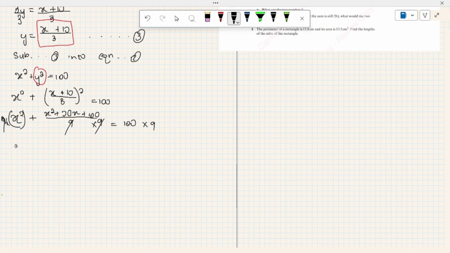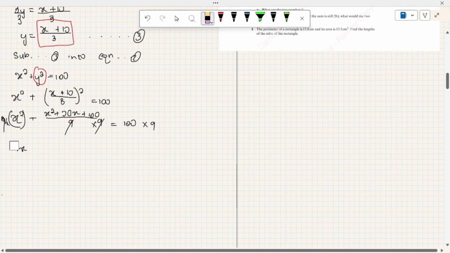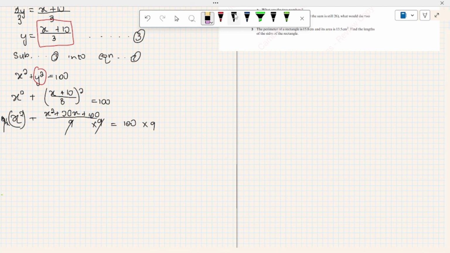So this cancels out, and this makes 9x squared plus x squared plus 20x